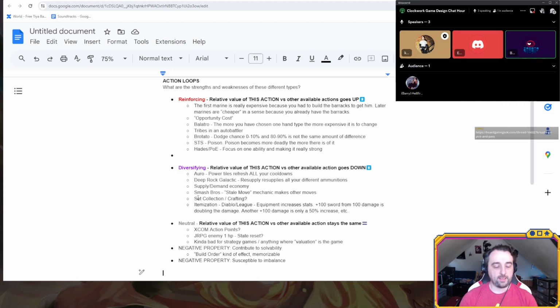And yeah, I think this is definitely pretty common, and I don't have a lot to say about it yet. I have more to say about the other things, but I'll just add that in a real game, any given thing, even our simple sword, probably has some reinforcing effects and some diversifying effects. It's going to be a little bit messy, and that's a good thing. We're trying to simplify it and abstract it just for game design theory purposes. But in practice, it's going to be a lot messier, and that's usually a good thing.